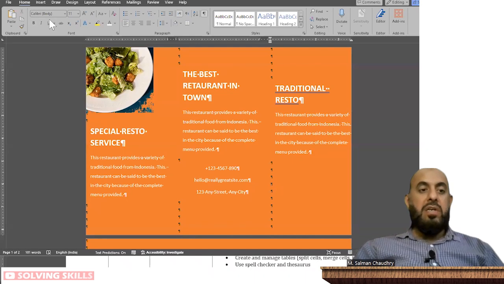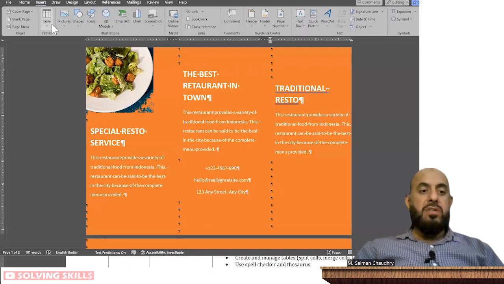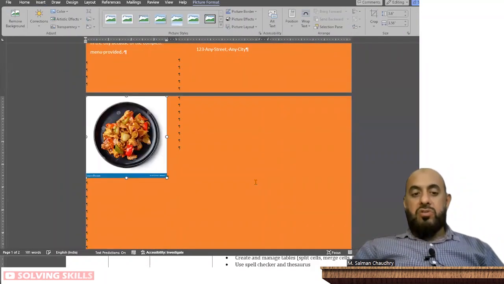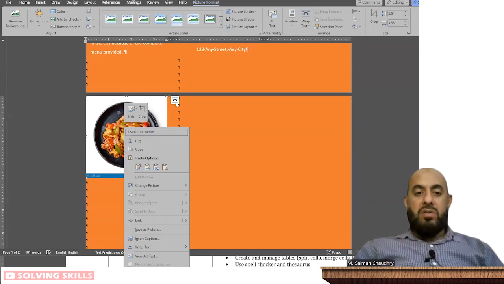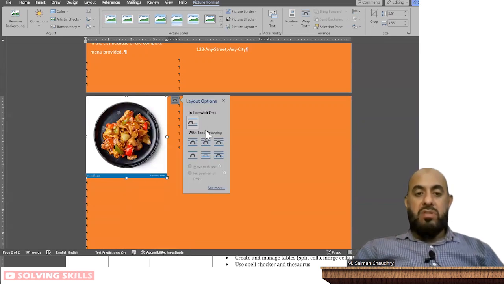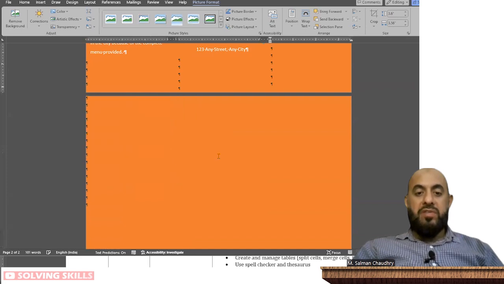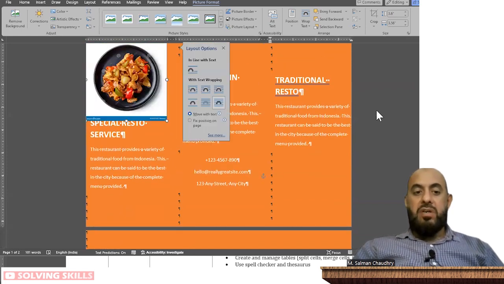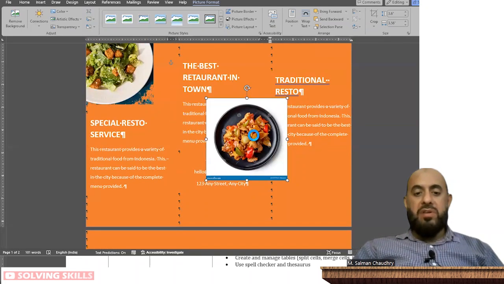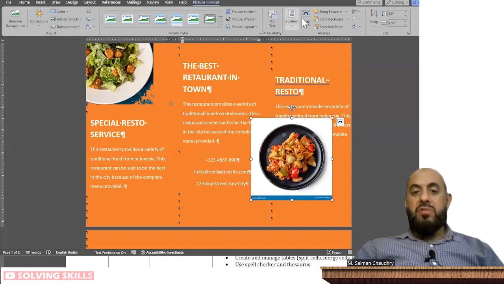I'm going to click the cursor here, and I'm going to insert a picture from this device, select the picture, insert, and it shows it here. Again, right click this or go to this layout option or wrapping option and click in front of text. It brings it and it can bring it anywhere it likes. And then I'm going to go to the crop option. I'm going to crop this bottom area. Make sure you wait for this cursor to have this T shape, and then